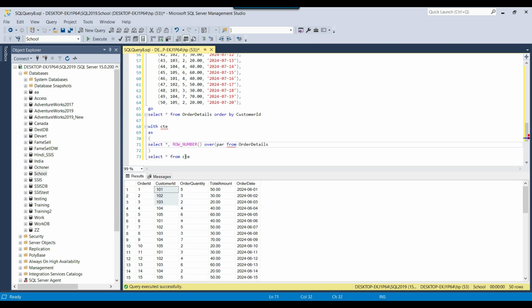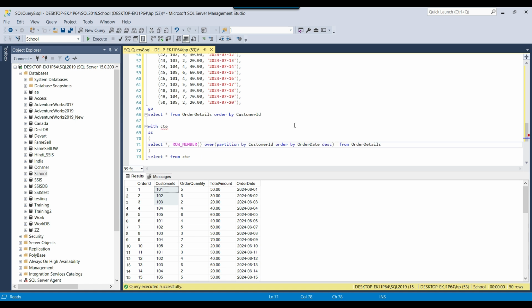So I can write partition by and then the column name. The column name is the customer ID, so I can do partition by customer ID. Now if you want to sort this data based on a specific column, for example the most recent records, and recent means the highest date, we need to sort the data by the order date in descending order so that the most recent order comes on top. So I can write order by order date DESC.